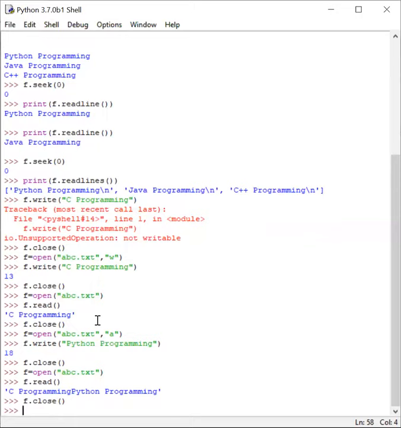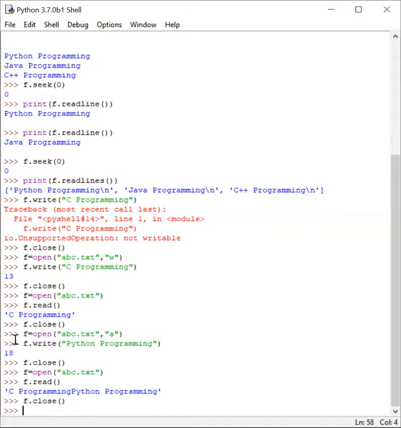So we have seen how to read content from a file using different functions like readline or readlines, or using a for loop, and how to write content to a file using a function called write. How to open and close a file handle using the open function and close function. Now, an easier way of opening a file is using a clause called the with clause. So you can do the same thing in a different way using something called a with clause.